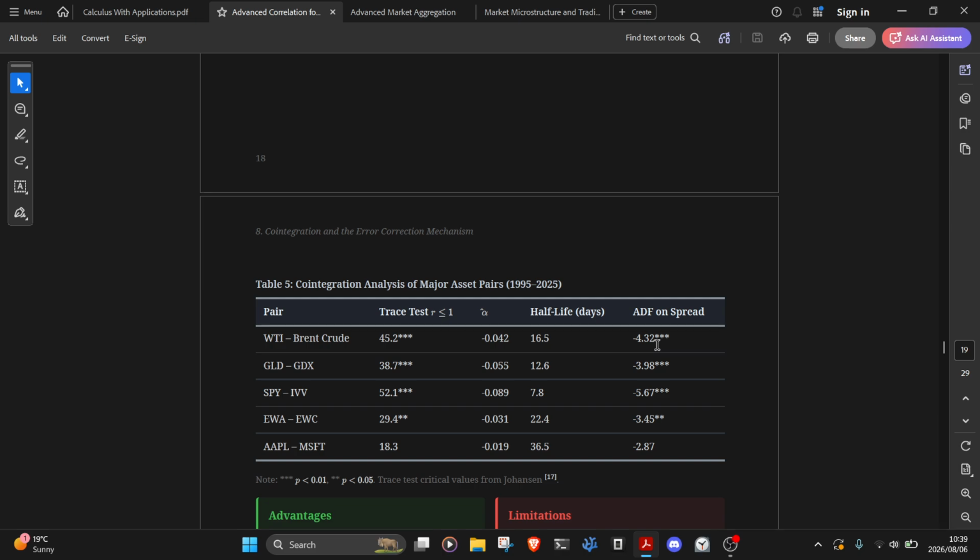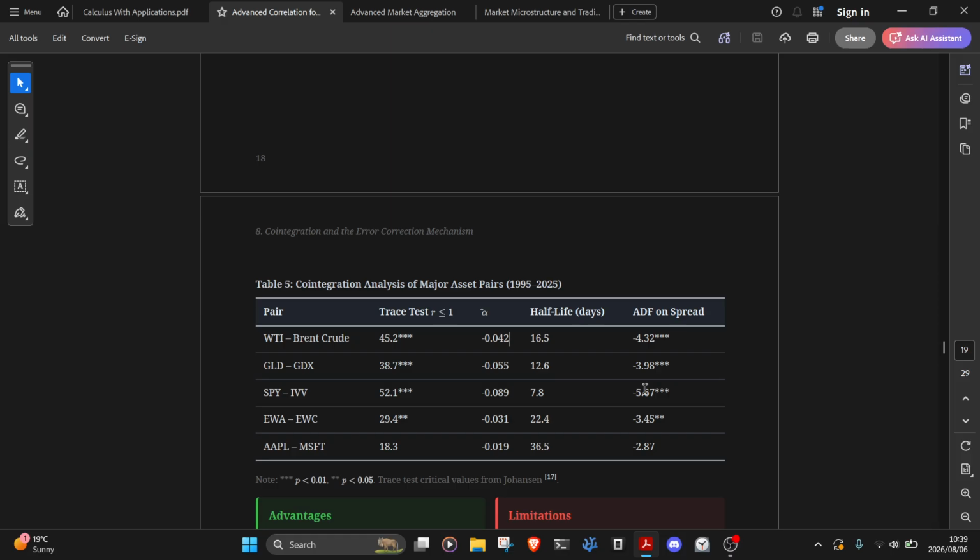And as you can see, GLD and GDX have a trace test of 38.7, meaning you can reject the null hypothesis. And essentially, you have an alpha kappa of negative 0.05 and a half-life of 12.6 and an ADF on the spread of negative 3.98, meaning you can reject the null hypothesis. And as you can see, SPY and IVV have a trace test of 52.1, meaning you can reject the null hypothesis. And you have an alpha kappa of negative 0.089, a half-life of 7.8, and an ADF on the spread